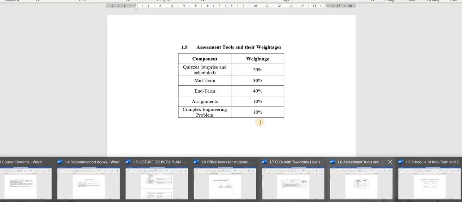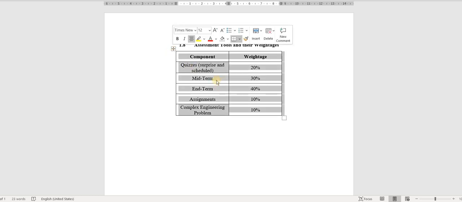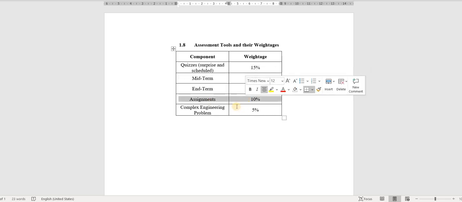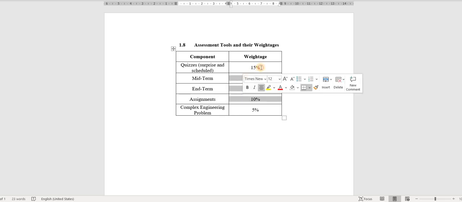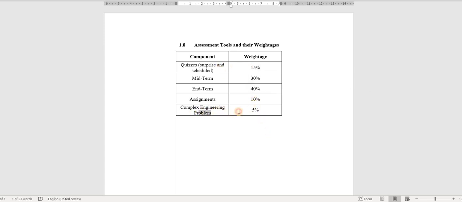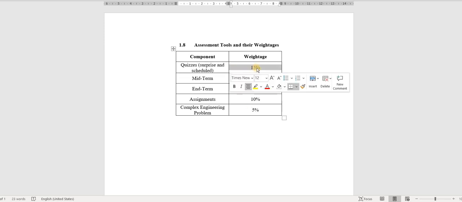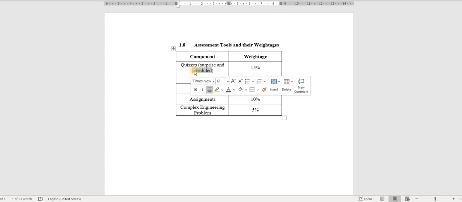And then we have something that you need to know very well: assessment tools and their weightages. This is, as I said, typical. What change I have is assignments 10%, so this makes 80%, and the remaining 20% is 15% for quizzes and 5% for a complex engineering problem. I'll be giving you a complex engineering problem that carries absolute 5% weightage, and that usually tends to be 20%. I have 15% for quizzes, and more importantly, in quizzes,